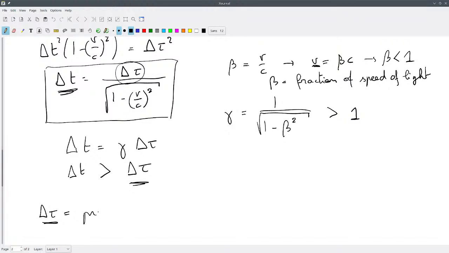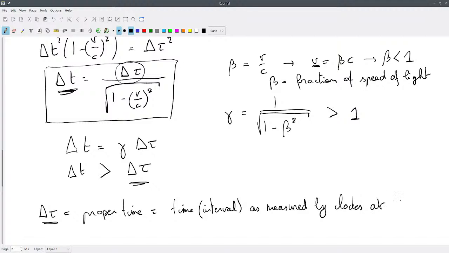That is the so-called proper time. That is the time interval, in this case, but in general, time as measured by clocks at the same position, or clocks that don't move